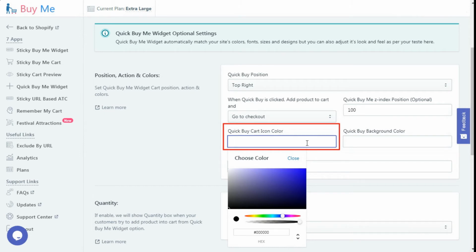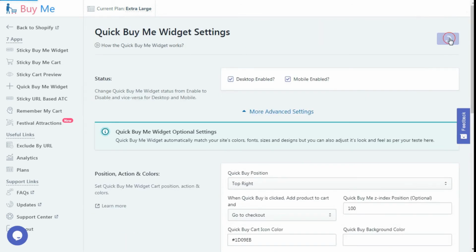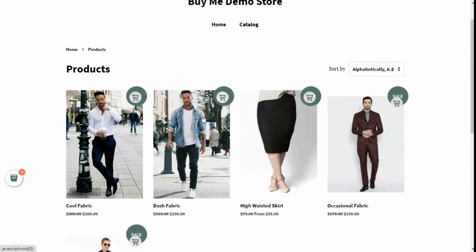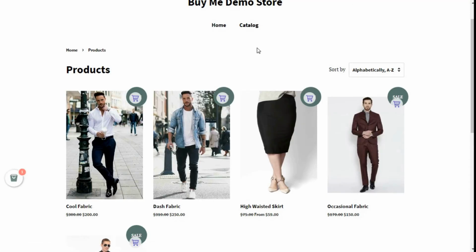For example, to set the blue color, you can set it by hash 1D09EB. Please press the save button after making any changes. Please visit the website and reload the product page to see the effect. As you can see here, the icon color of the Quick Buy Me widget has been changed.